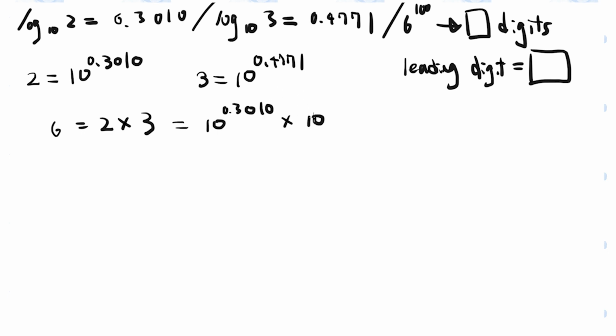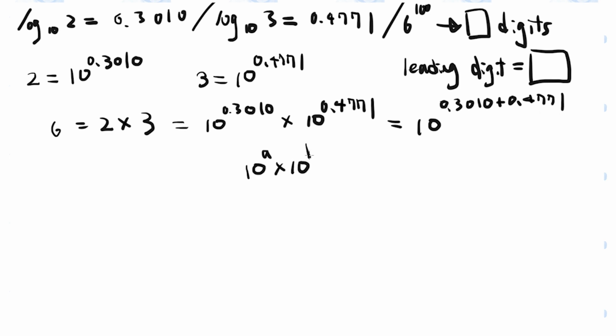0.3010 times 10 to the power of 0.4771, which is 0.3010 plus 0.4771, because 10 to the power of A times 10 to the power of B is 10 to the power of A plus B. So 6 is about 0.7781. So what is 6 to the power of